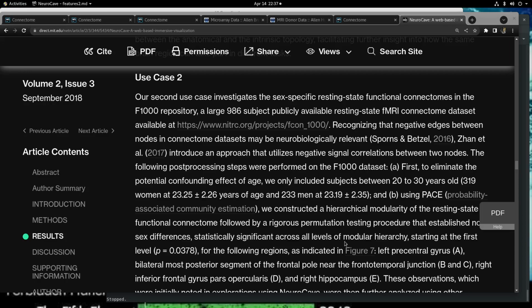First, to eliminate the potential confounding effect of age, we only included subjects between 20 to 30 years old, 319 women at 23.25 plus or minus 2.26 years of age and 233 men at 23.19 plus or minus 2.35, and B, using PACE, probability-associated community estimation. We constructed a hierarchical modularity of the resting state functional connectome followed by a rigorous permutation testing procedure that established novel sex differences, statistically significant across all levels of modular hierarchy, starting at the first level, p equals 0.0378, for